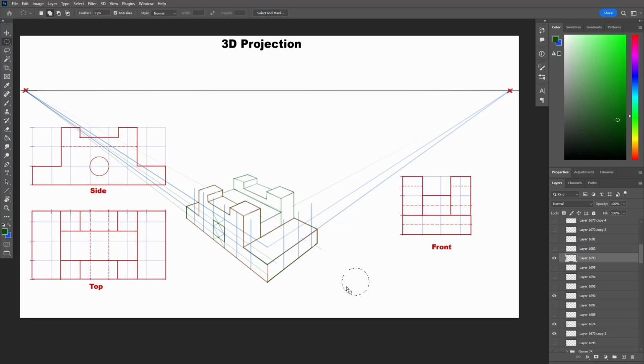Now that I have the bounding rectangle, I can draw the ellipse right there. And we are almost done. So let's take a minute to check all the projections from all the sides and check if our work is correct.